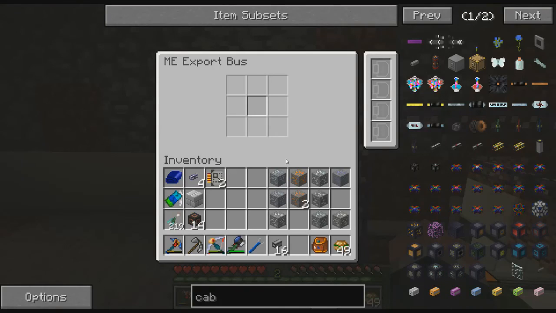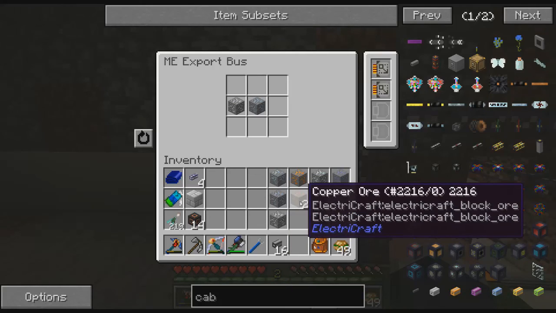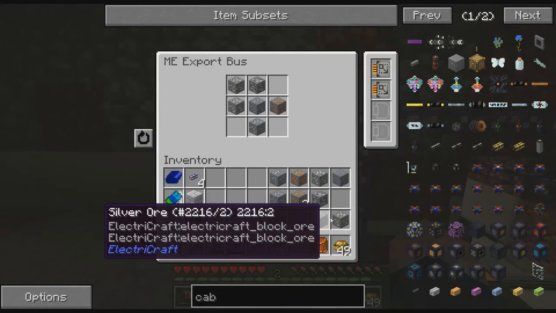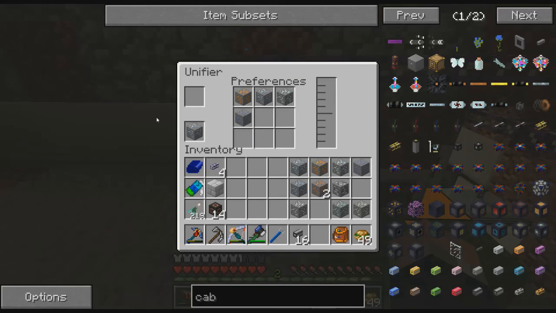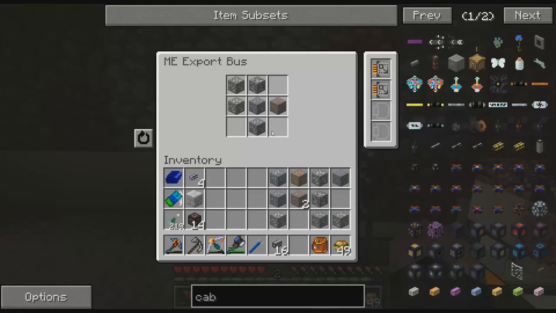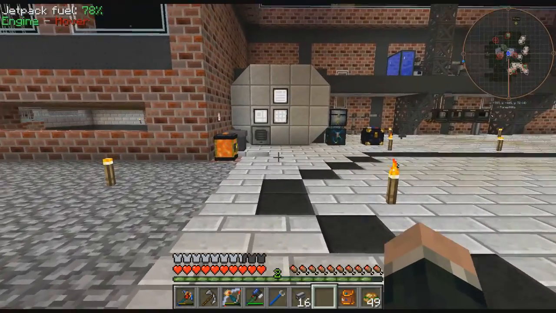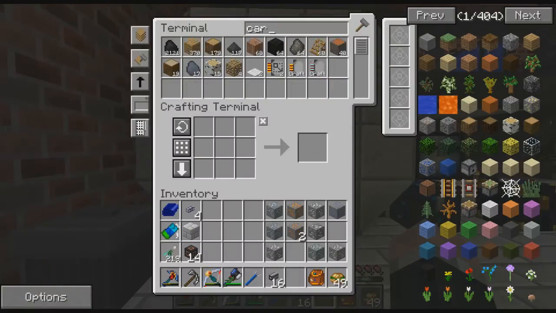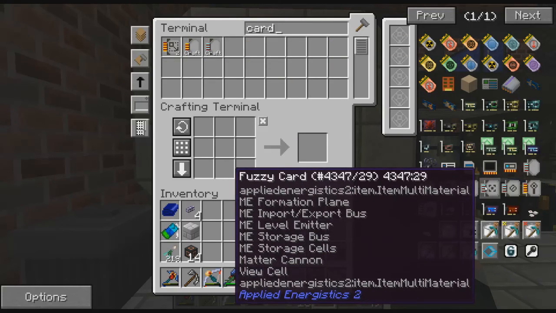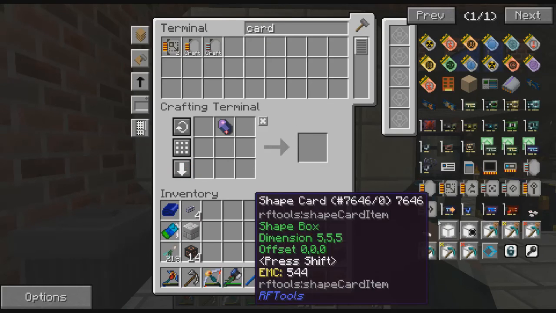So what I'll do is come here, 2 capacity cards, is tin ore, copper, silver, silver, silver. And you can see it's now starting to switch everything over to thermal expansion 10, because that was the first one I put in. Alright, one other thing we can do, because this is crazy. Need some acceleration cards. Really? We're out of...